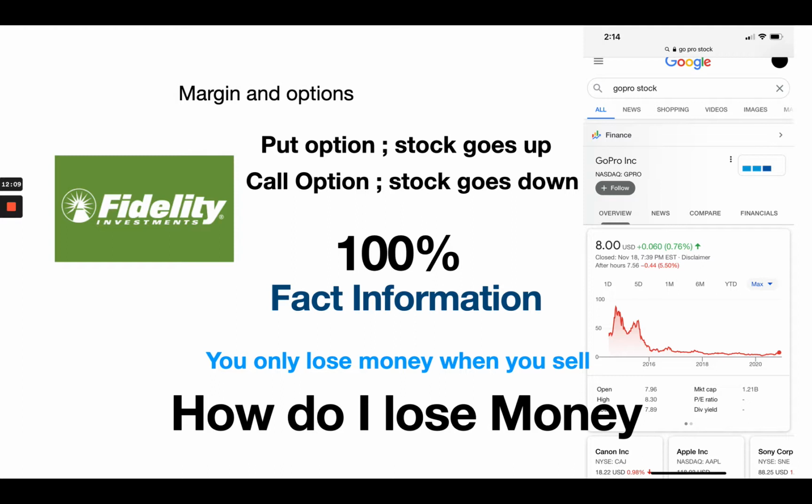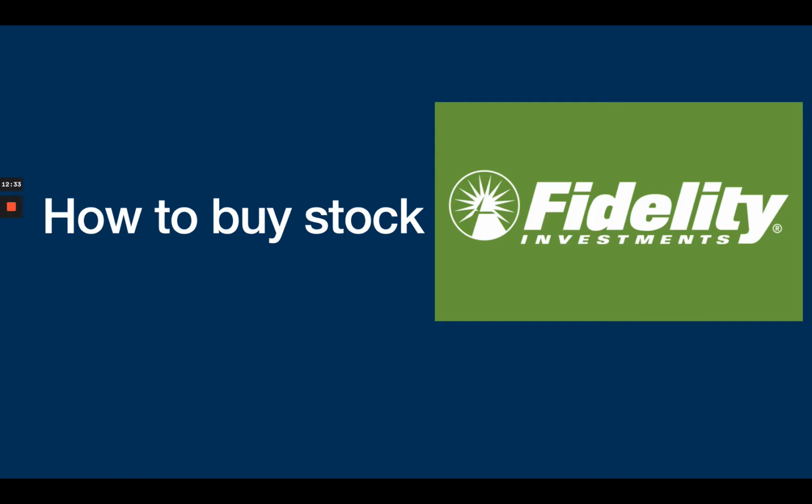So if you buy a call option, you have to pay money up front for the option, and if you bought a call option on GoPro here, you don't have to execute the call option and buy the shares at a higher price, you know what I mean? So basically that's how you